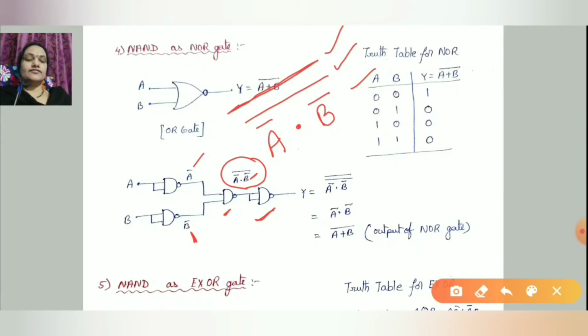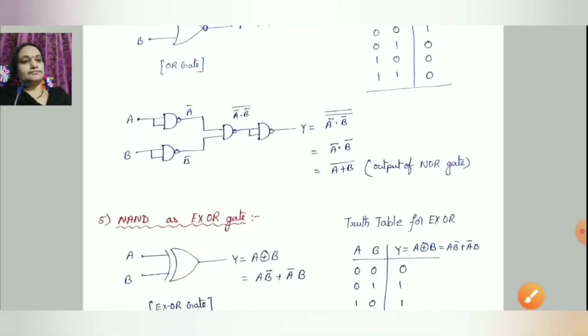Why? Because for a variable x, x double complement becomes x. That means we have deleted 2 bars on its head. Okay, like that here 2 bars can be deleted. So the result becomes A complement into B complement. Again, from the definition of De Morgan, A plus B whole bar is equals to A complement into B complement. That's why we got the expression A plus B whole bar.